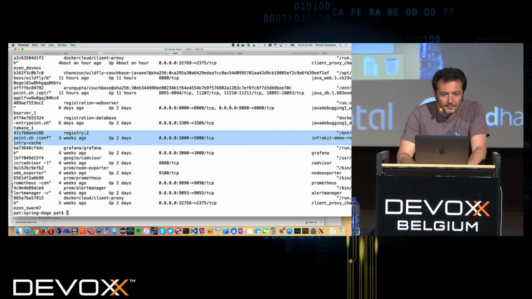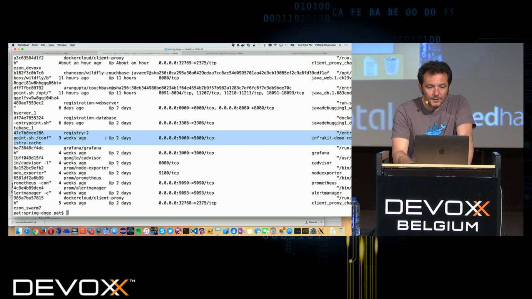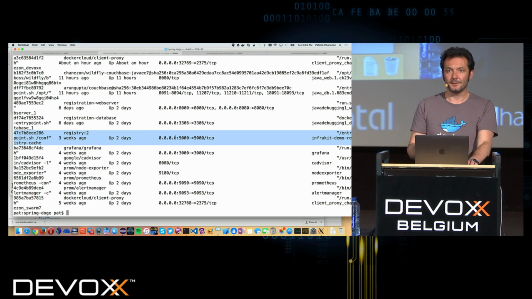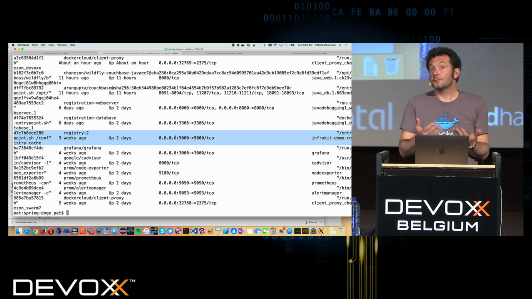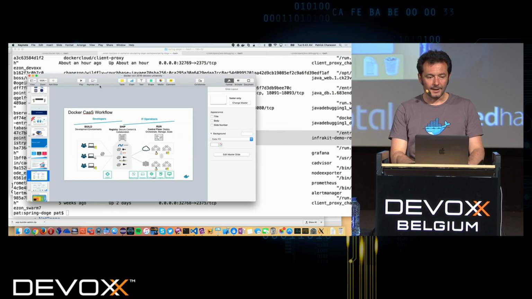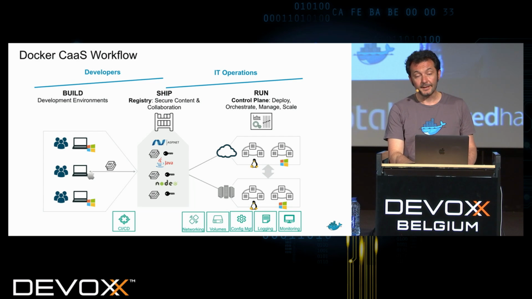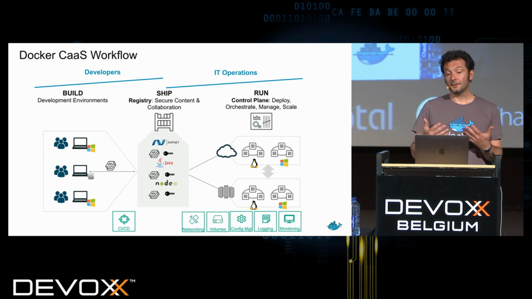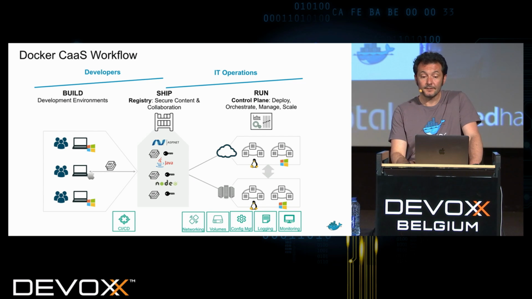Registry v2 here. So I'm actually running a registry on port 5000 on my laptop. So you can run your own registry and push your images to that. You set up a machine within the firewall for that. On our commercial side, we have a product called Docker Trusted Registry that corresponds to that.